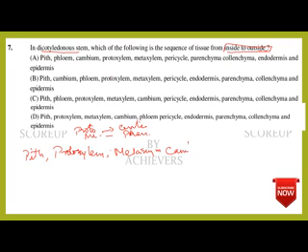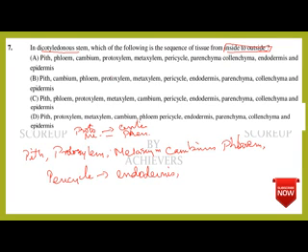Then cambium, after that only cambium, because secondary growth will be there, no? Protoxylem, metaxylem, cambium, then phloem. Next to phloem is pericycle. Next to pericycle is endodermis. From inside to outside we are writing endodermis. Next to endodermis is parenchymatous cortex or collenchymatous cortex. So collenchyma, then epidermis. This is the exact match.